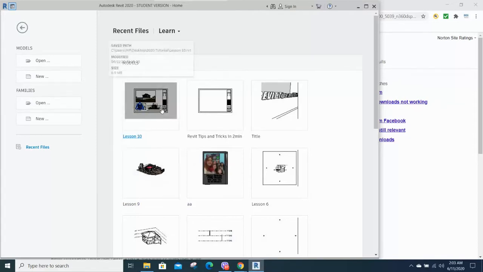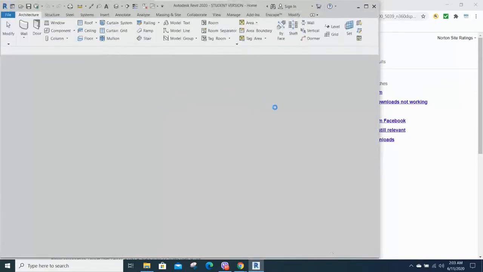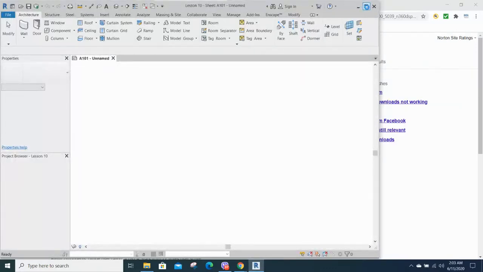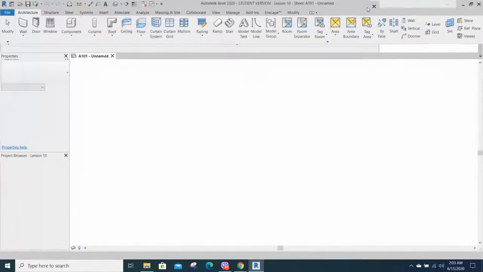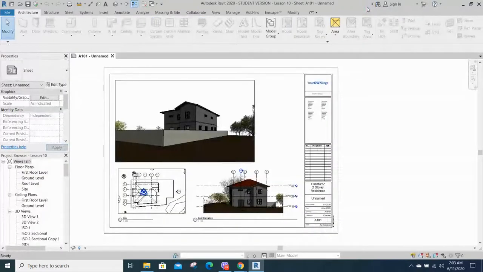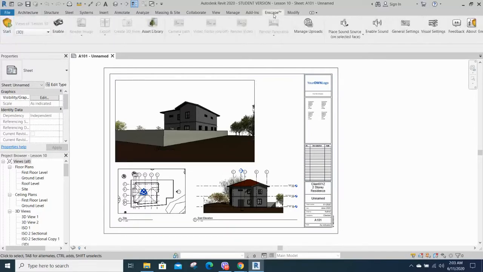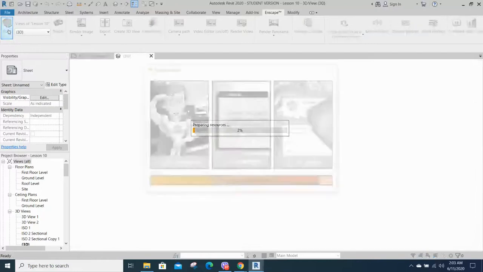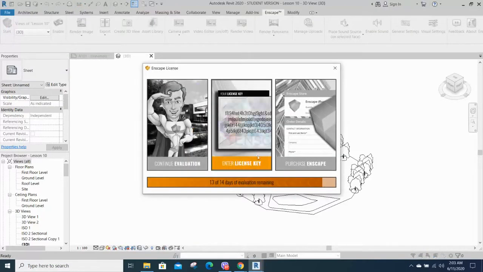Yan. Dito na tayo sa project natin. Balikan lang natin yung lesson 10 where we have updated our model. Let's switch to full screen. Yan. Makikita nyo, this is where we left off last time. No? And you already have the Enscape tab. If you click that, nandyan na yung mga commands niya. If you click start, just click the start button, lalabas na yung